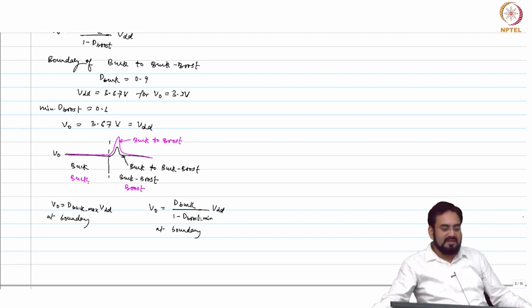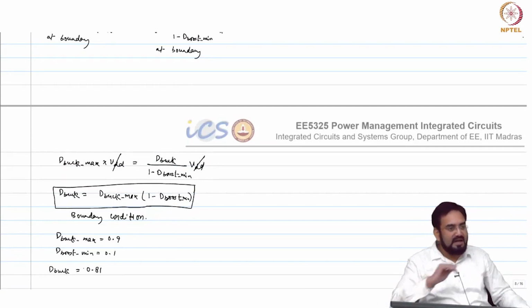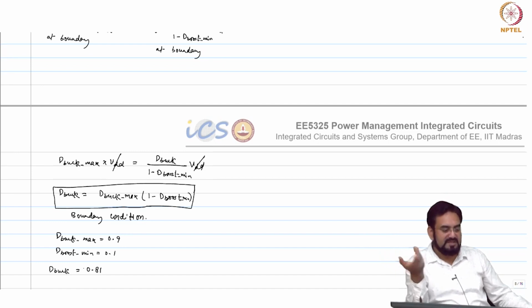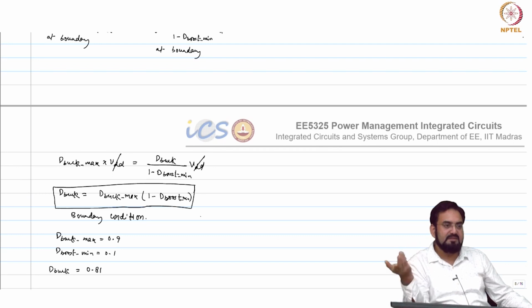Now after that what you need to do? Now let us say my VDD is further reducing, I want to increase the duty cycle. So which duty cycle do you have to increase, D boost or D buck? You can achieve a higher voltage by increasing both. Whether you increase D buck or increase D boost, you can achieve basically the same output for lower VDD. So which makes more sense, to increase D buck or D boost? Why?